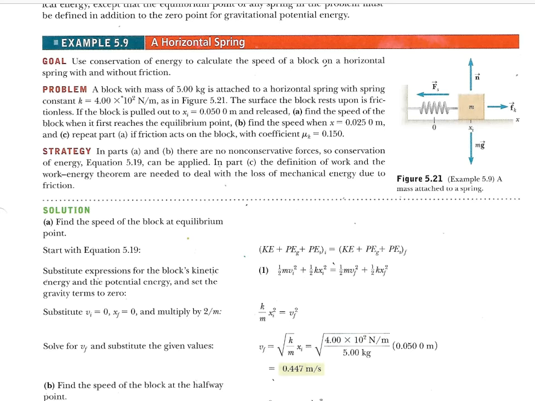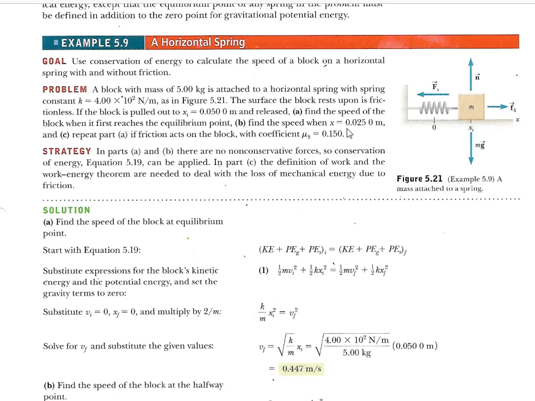Example 5.9. Problem. A block with a mass of 5 kilograms is attached to a horizontal spring with spring constant 400 newtons per meter, as in figure 5.21. The surface the block rests upon is frictionless. If the block is pulled out to 5 centimeters and released, find the speed of the block when it reaches the equilibrium point, and find the speed